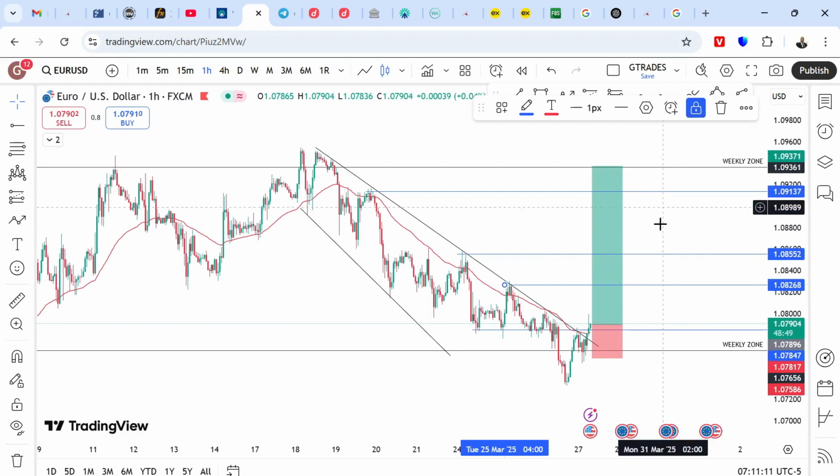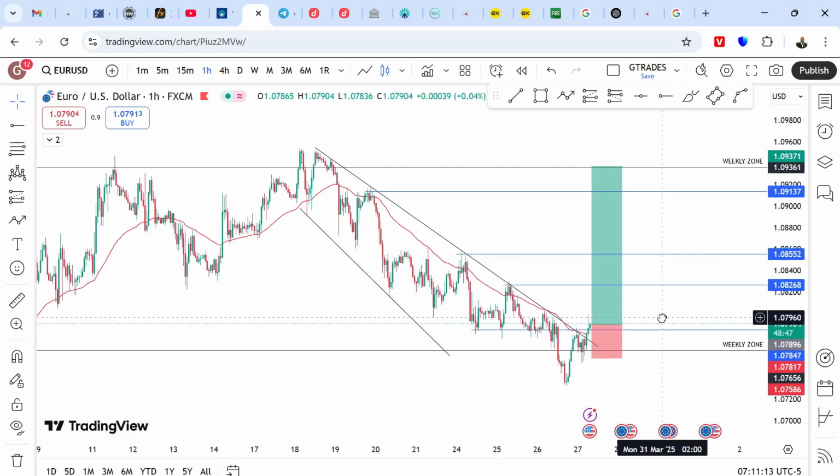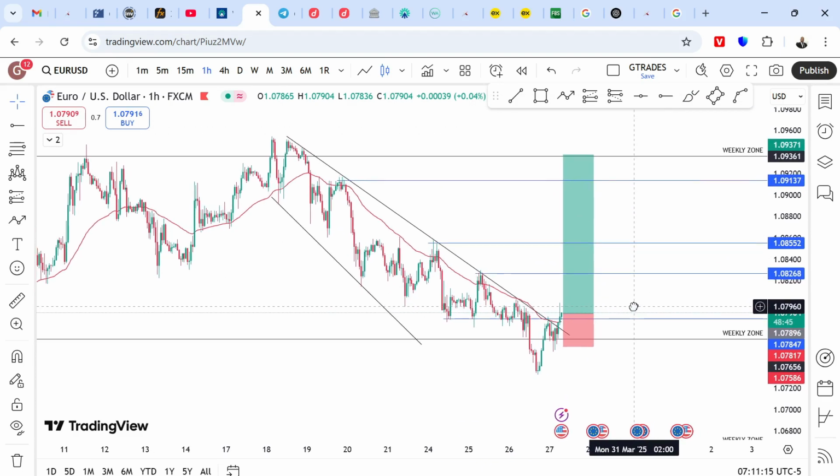Let's say you have a prop firm challenge that you are currently working on. This particular trade setup alone can enable you to pass any prop firm challenge, right? So I don't want this video to be so long. I've shown you how you can use the breakout and retest to enter a trade, and I've also shown you how you can use a double top, double bottom to enter a trade. You just mark your chart properly and wait for your setup to come to you. With that in place, you're going to have a smooth ride while your trade is running, right?